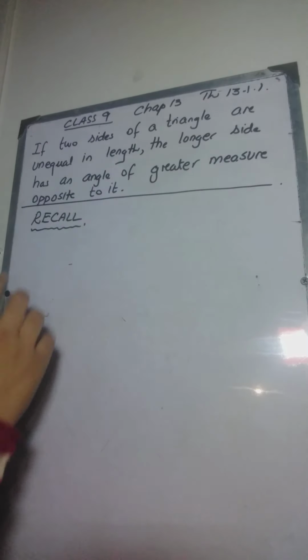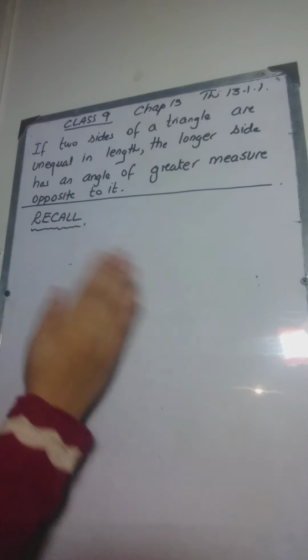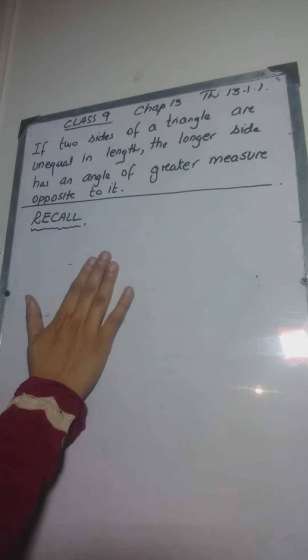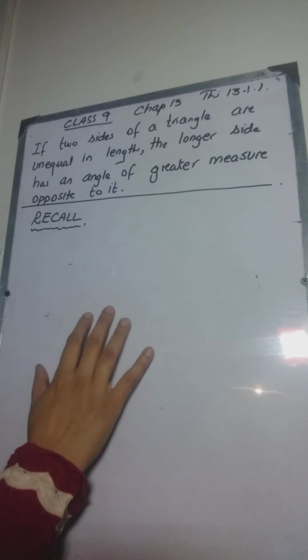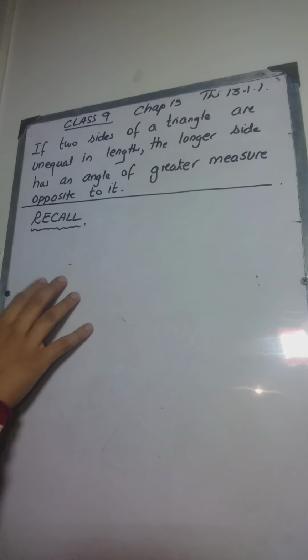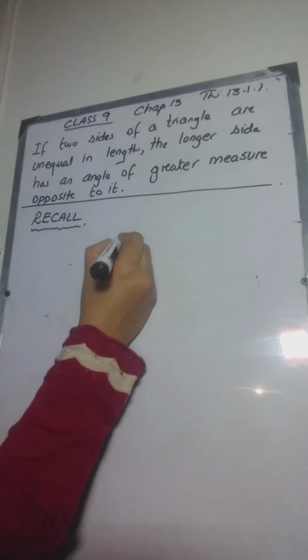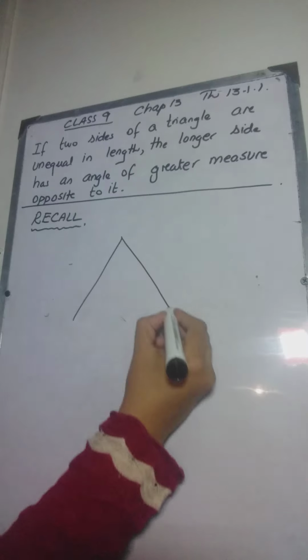We have to prove that if two sides of a triangle are unequal in length, then the angle which is opposite to the longer side will always be greater than the angle which is opposite to the smaller side. But before starting the proof of the theorem, first we have to recall a few definitions. The first definition you need to know is